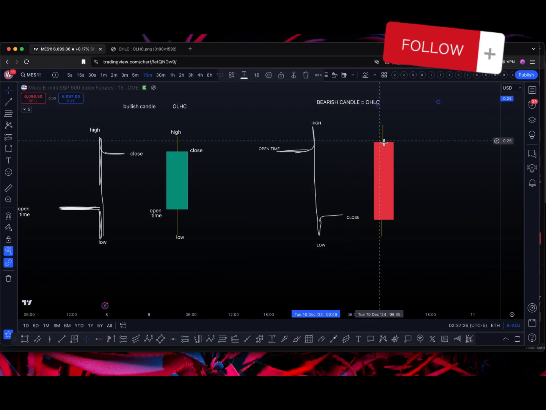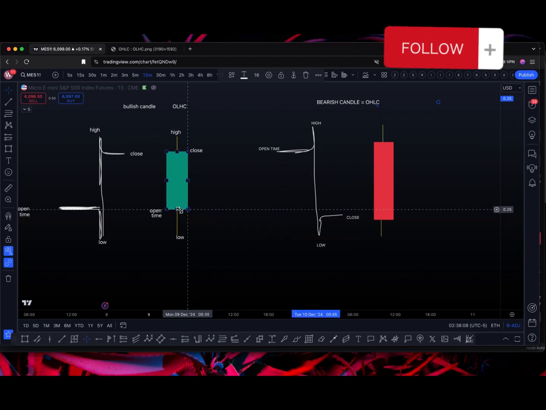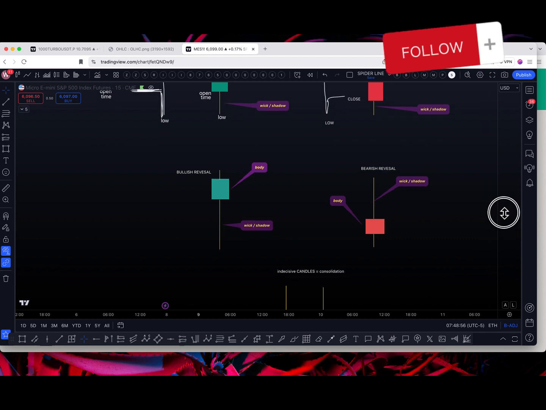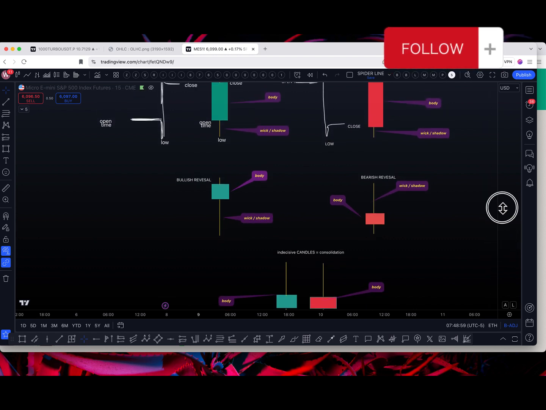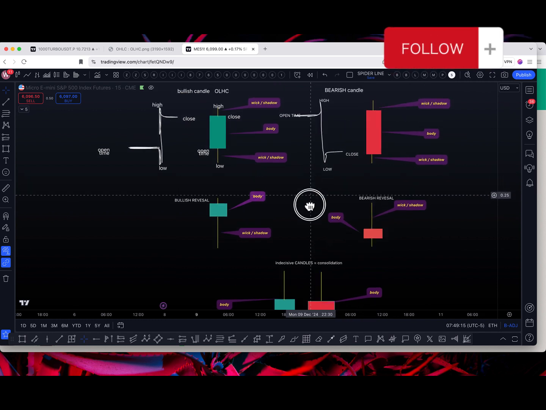A bearish candle will open near the high and close near the low, right? Let me repeat that. A bearish candle will open near the high and close near the low. A bullish candle will open near the low and close near the high. We are going to talk about the other types of bullish and bearish candles. Right here, what you can see is a bullish reversal candle and a bearish reversal candle. But before we go there, first,